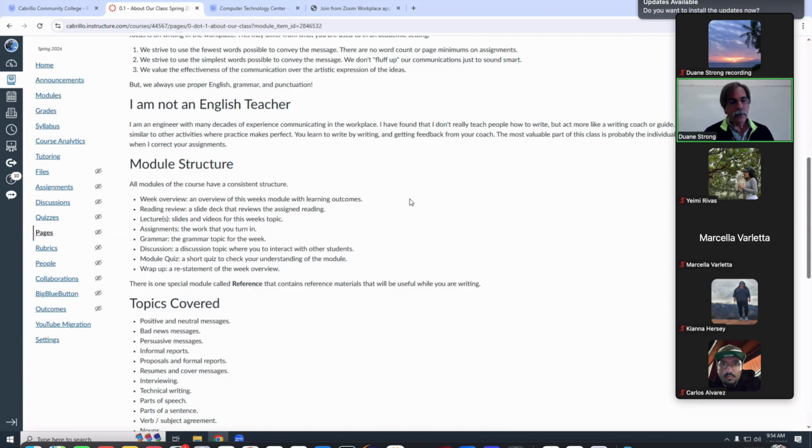So they all have a similar structure. They start off with a week overview, which, if you remember from last time, the three secrets of communication are tell them what you're going to do, tell them what you're doing, tell them what you did, right? So that's what I'm doing here. First thing, I'm going to tell you what we're going to do. That's the week overview. The very next thing will be the reading and review, which is a slide deck that I get from the textbook company that kind of just goes over the reading in case you haven't had a chance to do it yet or ever. Because I know that some of you just won't read the textbook.